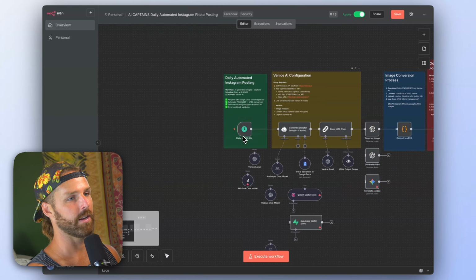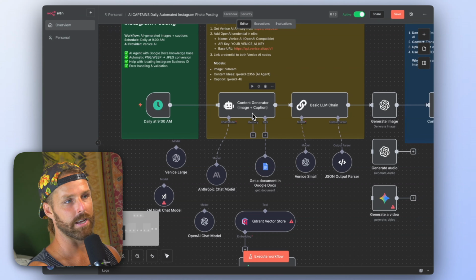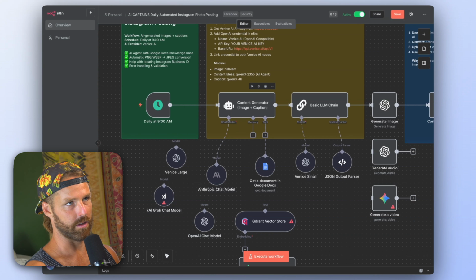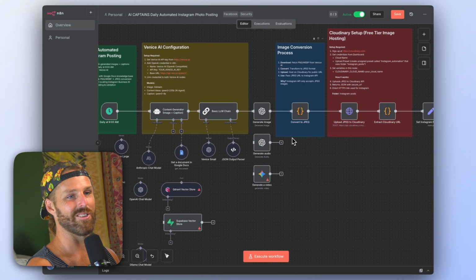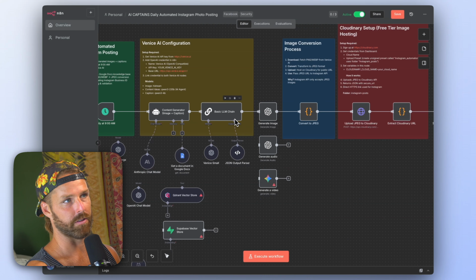So now that you have an idea of that, this started as a template in the n8n community, and it evolved pretty hardcore. And I'm not a developer. I used Claude Code to help me work on this, on the things I couldn't figure out.